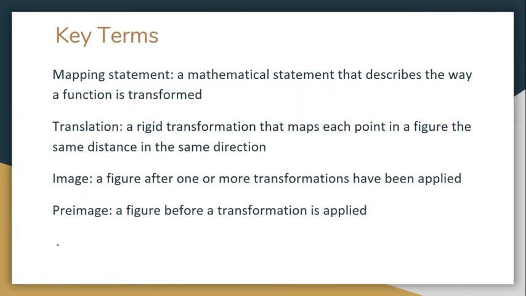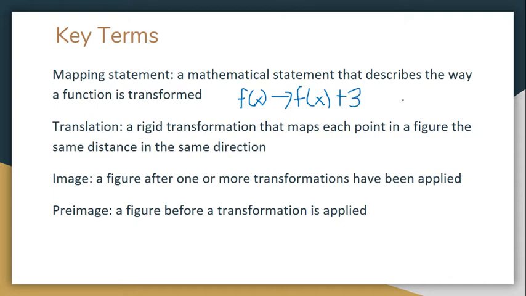So let's first go over some key terms that you'll need to know. You need to know what a mapping statement is. A mapping statement is a mathematical statement that describes the way a function is transformed. So it will have whatever the function name is, like f of x. Then it will have an arrow, because that means that this original function is now going to change to, let's say, f of x plus 3. That's an example of a mapping statement,